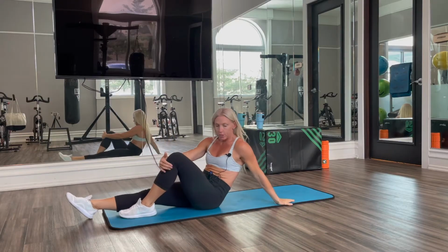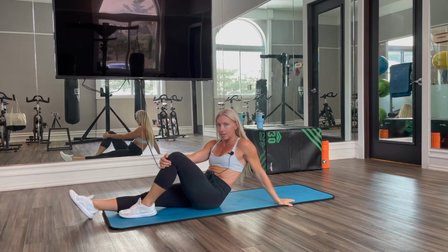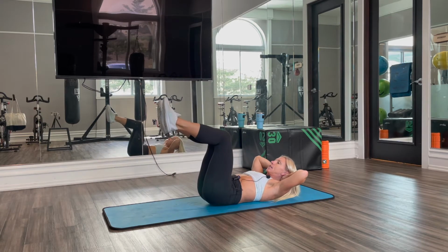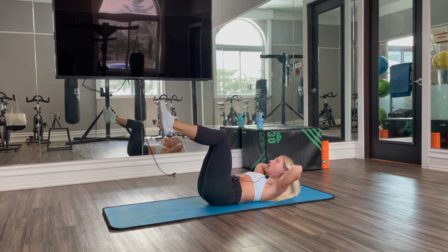When we do bicycle crunches, we are going to lie back and we are going to support our head with our hands so that way our neck isn't doing all of the work. We are going to bring our knees up to 90 degrees and we are going to bring our left elbow